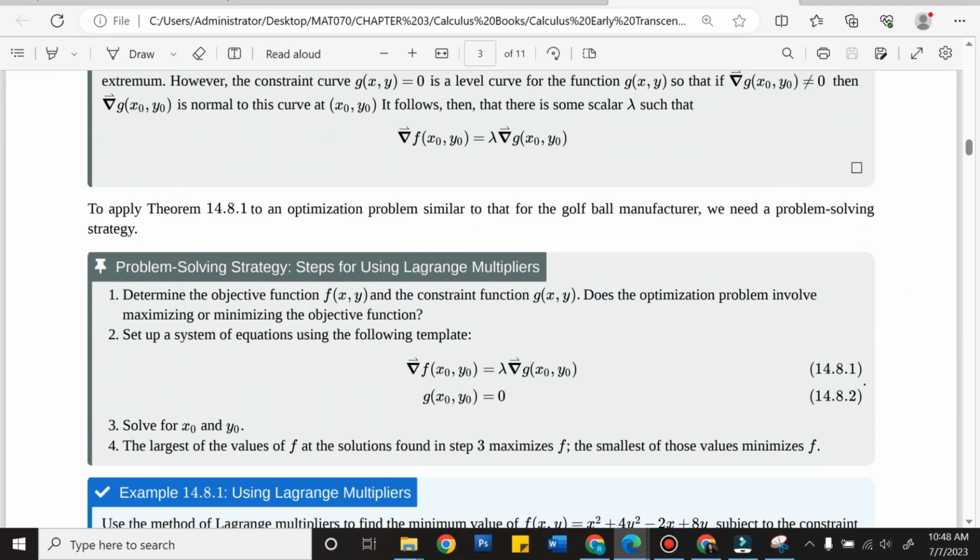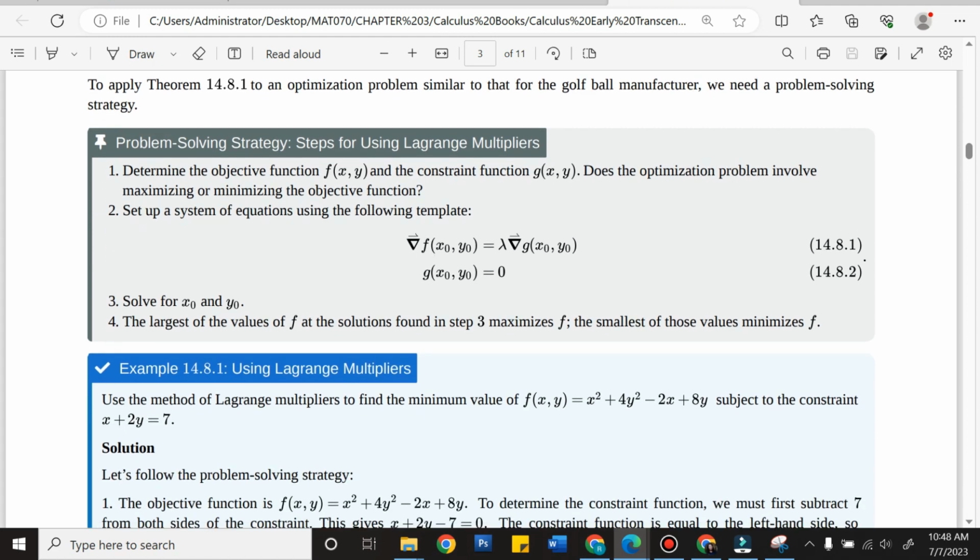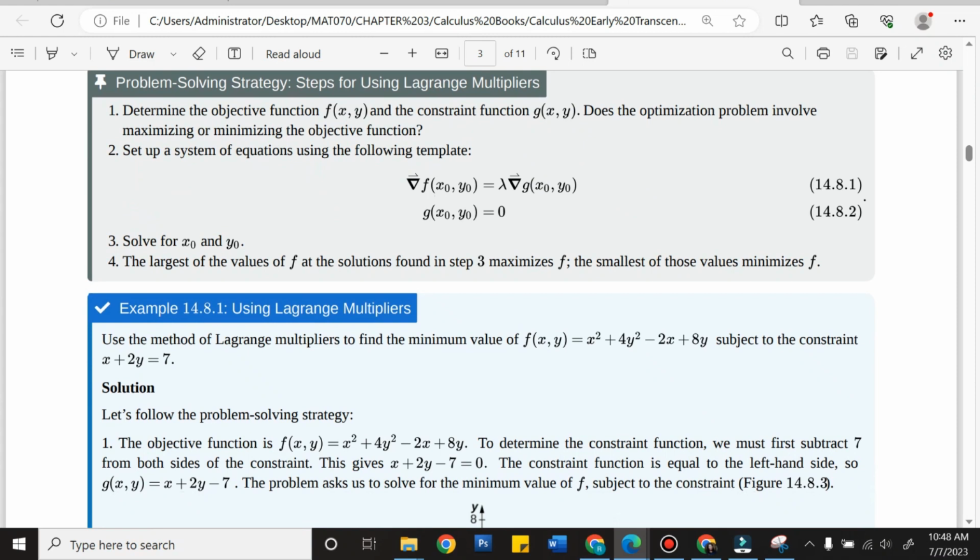Now, how do we solve the Lagrange multipliers? First, we determine the function f of x, y and the constraint function g of x, y. Then, does the optimization problem involve maximizing or minimizing the objective function? We will answer that later. Next, number 2, set up a system of equations using the following template. Okay, and then solve for x sub o, y sub o, and the largest value